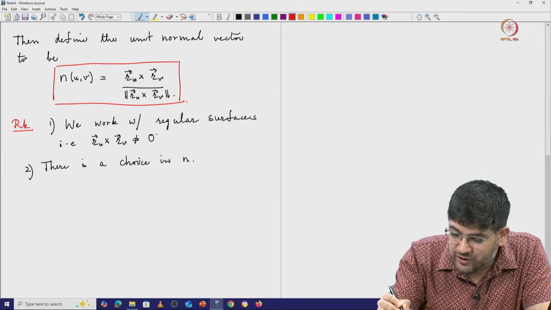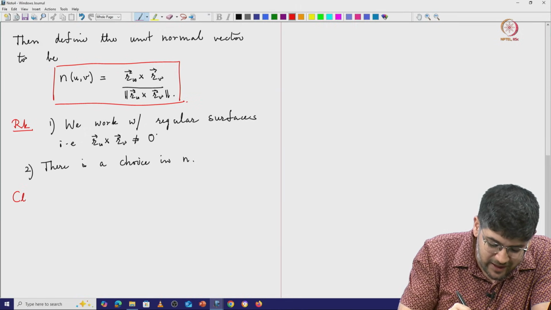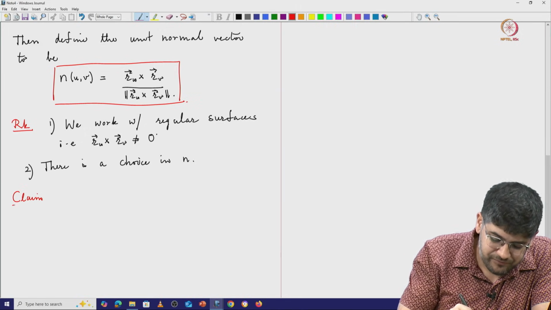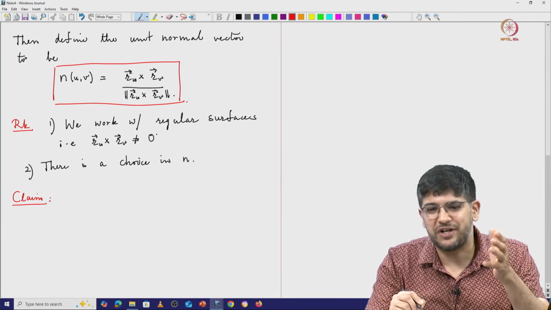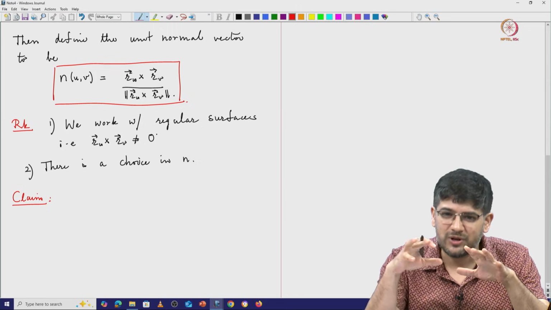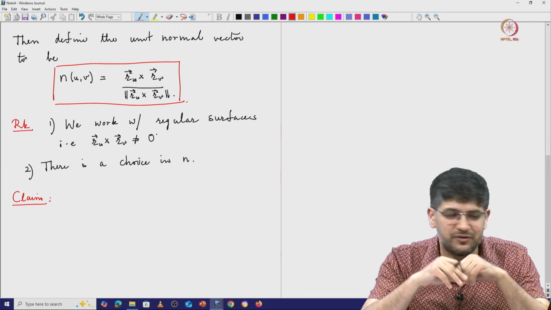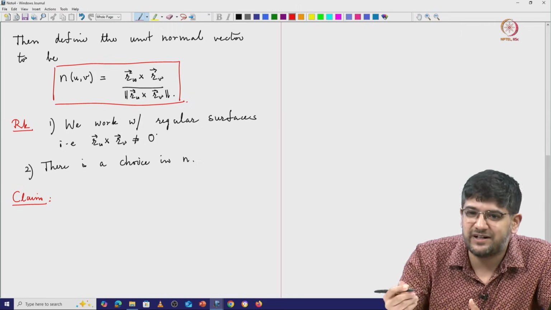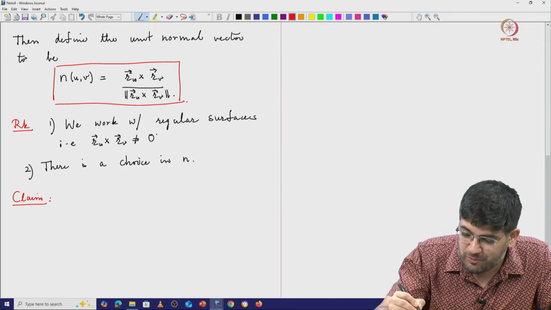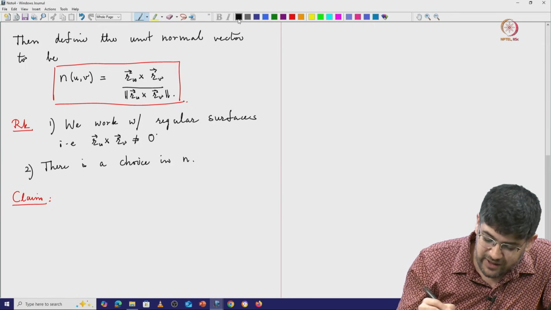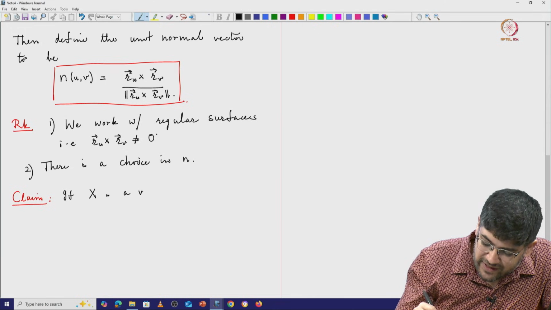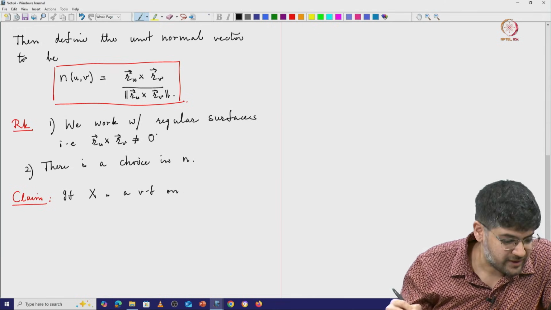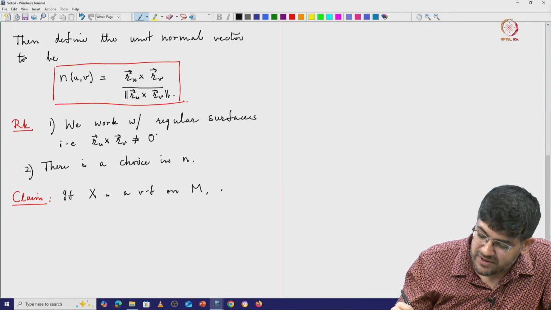Okay, so here is the first sort of basic claim. So as I said earlier, our intuition is that the rate of change of the unit normal vector should somehow capture what the curvature of that surface is, right. So let us differentiate the unit normal vector. So the claim is the following. So if x is a vector field on M,